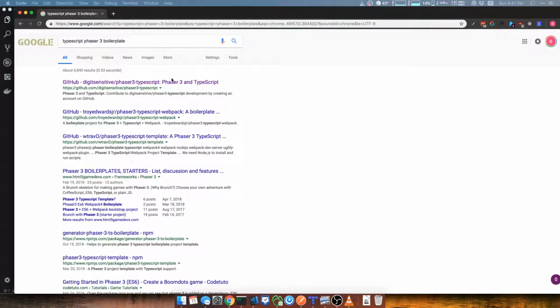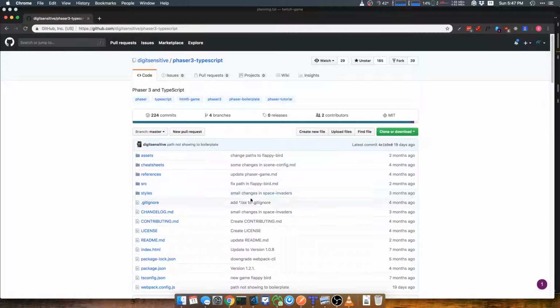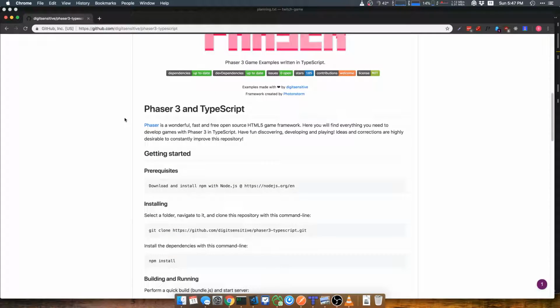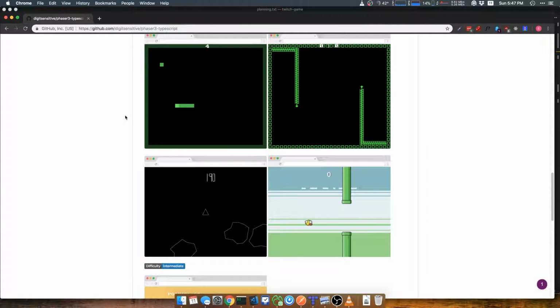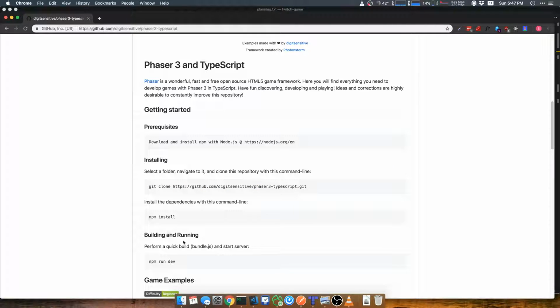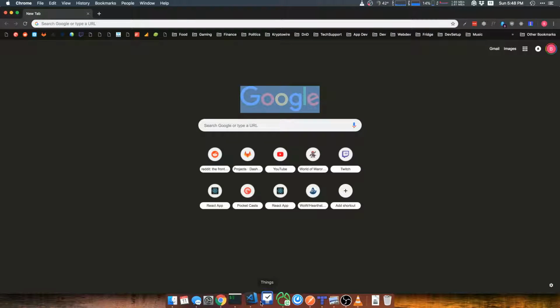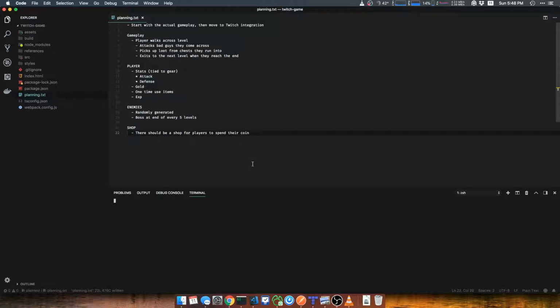And this is a pretty nice boilerplate that somebody put together. And you can find it if you just Google Phaser 3 TypeScript boilerplate. And basically it just gets us started with everything we need for Phaser 3 and TypeScript, and it's got the built-in Webpack server that it'll actually run our game and stuff like that. And so if we actually come back into our game and we go ahead and just launch our npm script